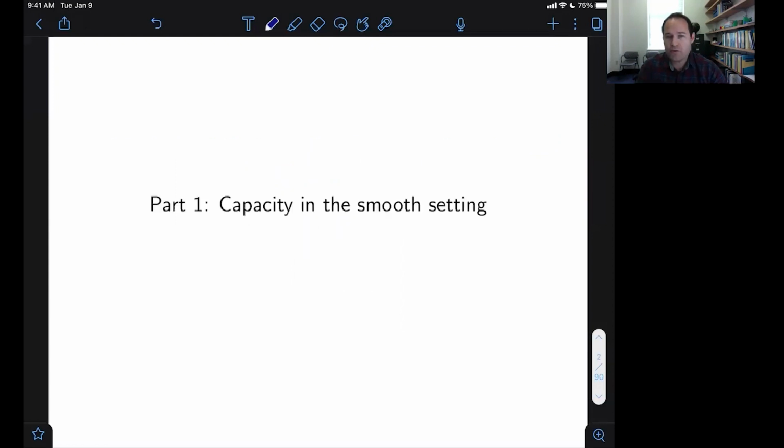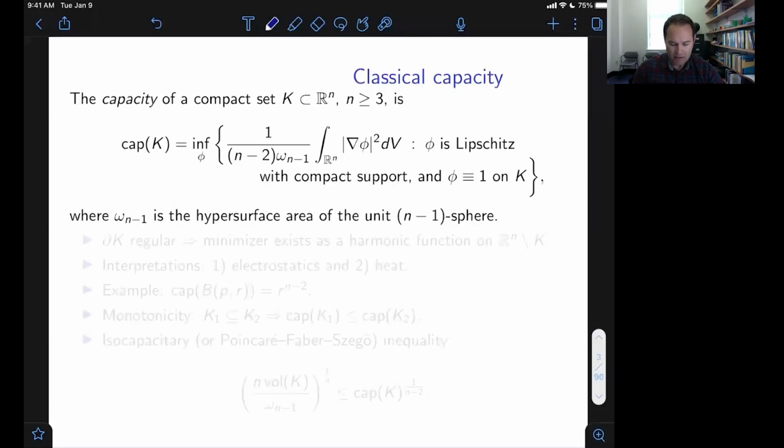Okay, so there's a few parts. The first part, I'll just be reviewing some things about capacity in the smooth setting. The second part will be on low regularity capacity, and the third part will be making the connections with scalar curvature and general relativity. So just the definition, starting with compact subsets of Rn, the capacity is defined by minimizing